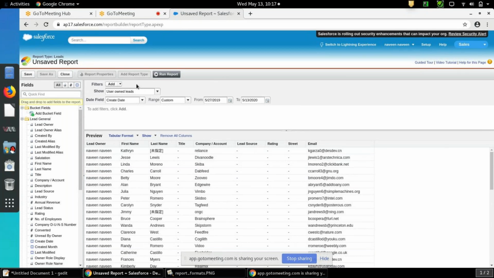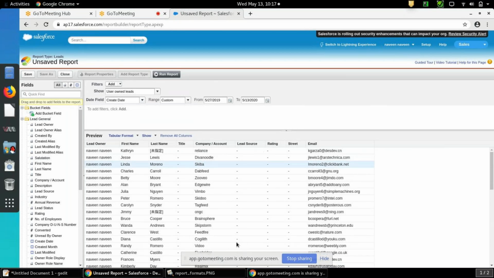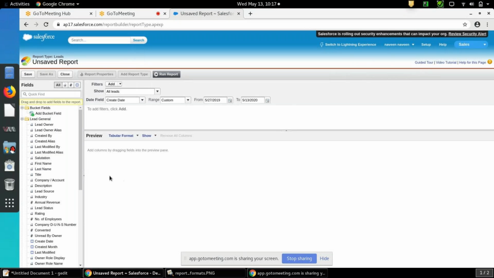So filters. If you click on here, you will have field filter, filter logic, cross filter, row limit. Field filter is nothing but, suppose I took lead as a report type. So what I will do, I'll select all leads, and I'll just remove all columns and select whatever I want.